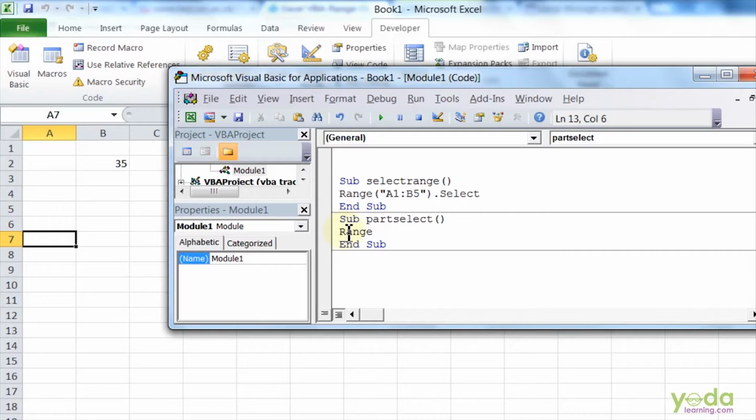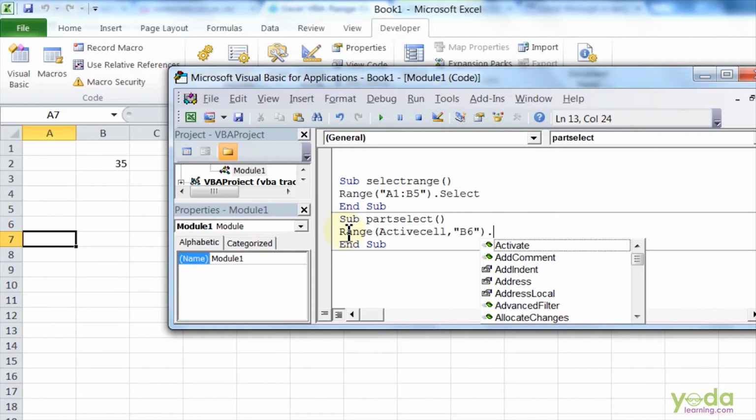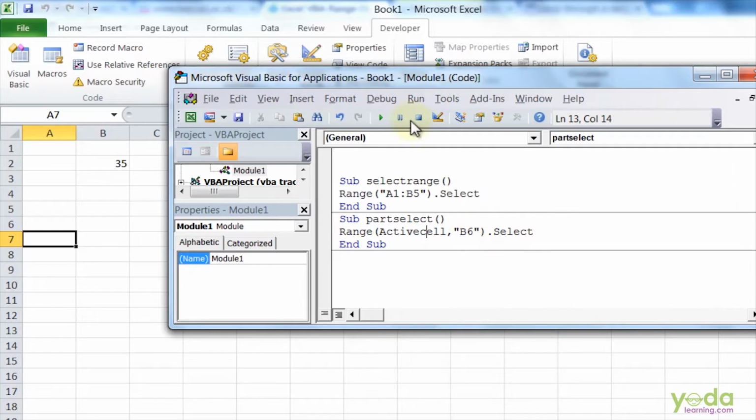Very important, I'll open the bracket and say ActiveCell, comma, B6. I'll close the bracket, dot Select. That's it. I'll run the code. So this is how it has worked. My cell was in A7 and now it has selected from A7 to B6.